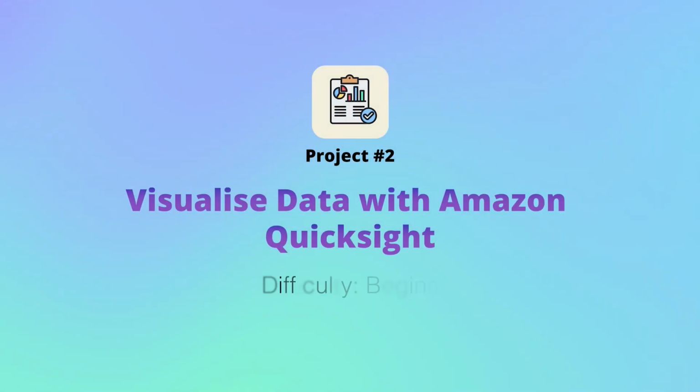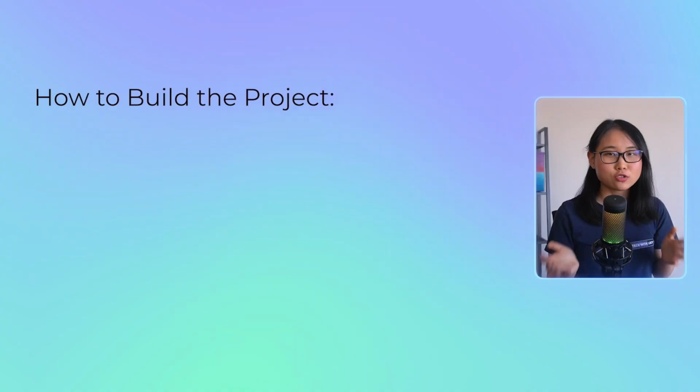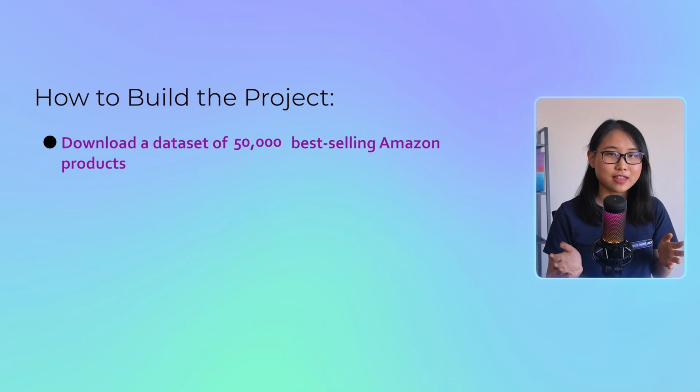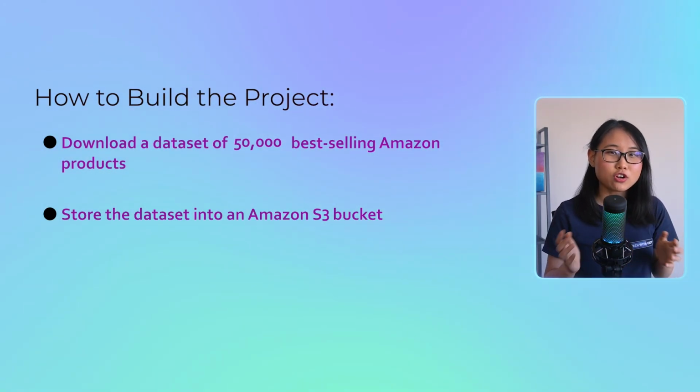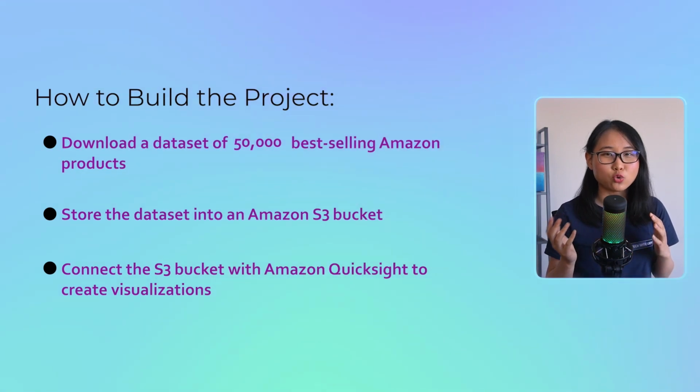Okay, project number 2 is where things start to get interesting. In this project, you'll be visualizing data through charts and dashboards on Amazon QuickSight. You'll start by downloading a data set of 50,000 best-selling Amazon products and store it into an Amazon S3 bucket. And then you're going to connect that S3 bucket with Amazon QuickSight to create a few interesting visualizations from that